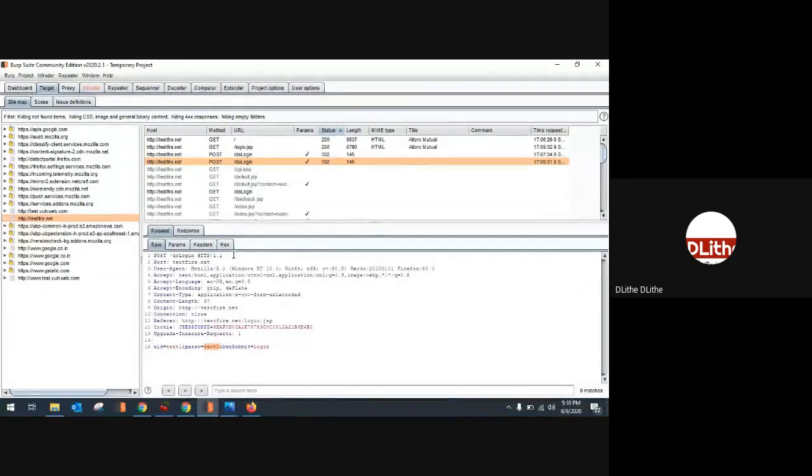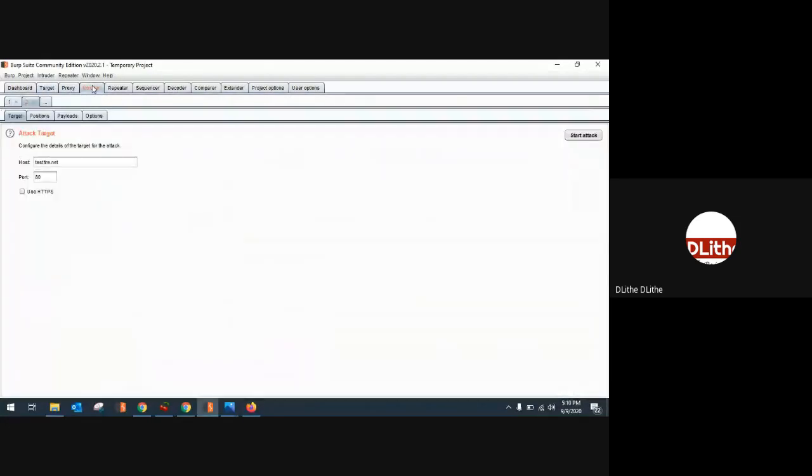So intruder is a type of tab that comes up in Burp Suite to perform all kinds of password cracking and fuzzing. In web application testing, we also come across something called fuzzing. To do anything related to fuzzing, we use intruder. Okay. So in our case, we have added the request successfully to intruder.